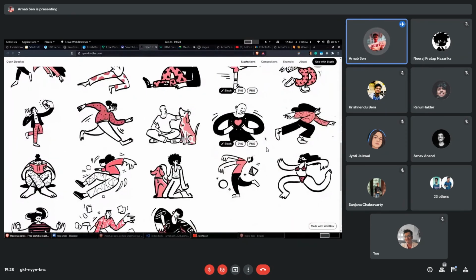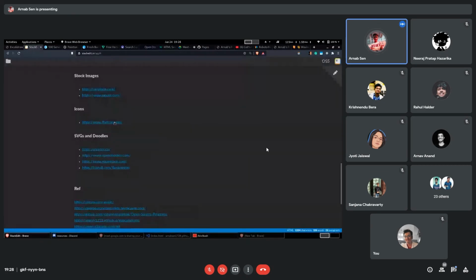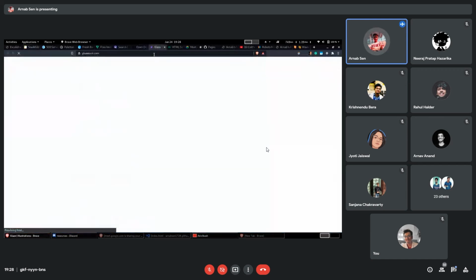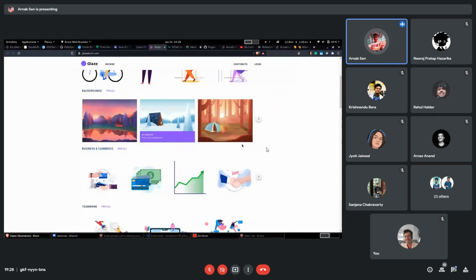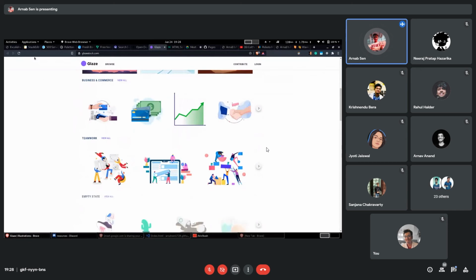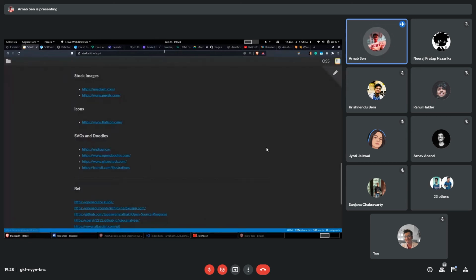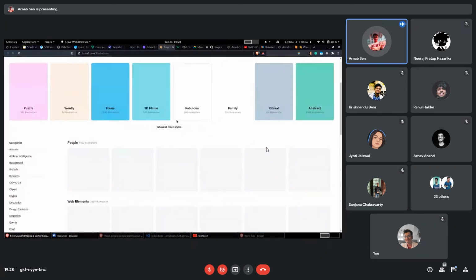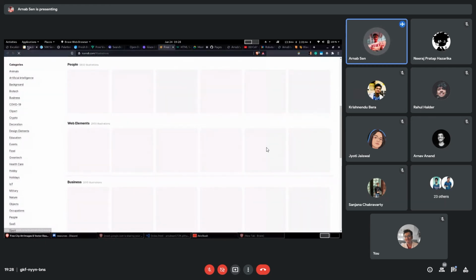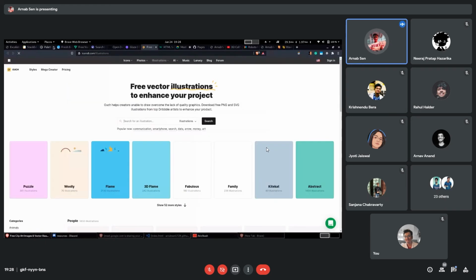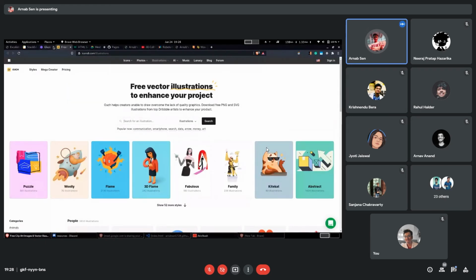You can use anything which resonates with your personality. There are many other websites like Glaze Stocks. It has some 3D and colorful images and stocks. And then finally, Iconsite. So you can use all these resources for your portfolio, and you can design a really nice one for yourself.